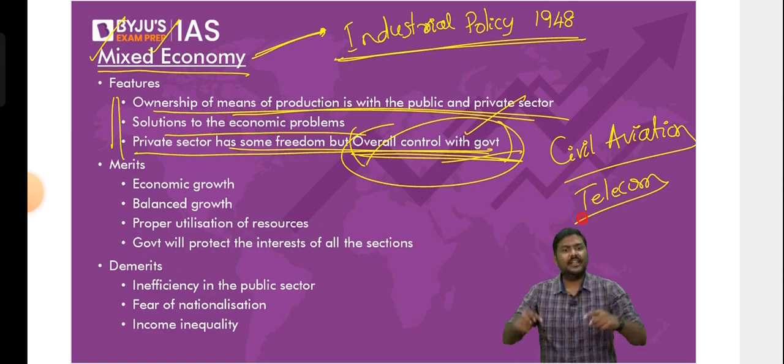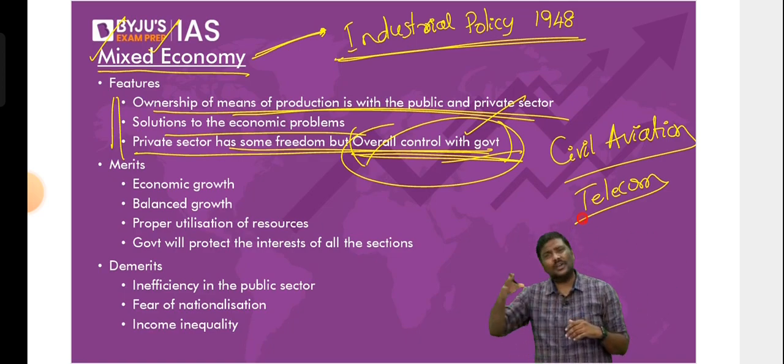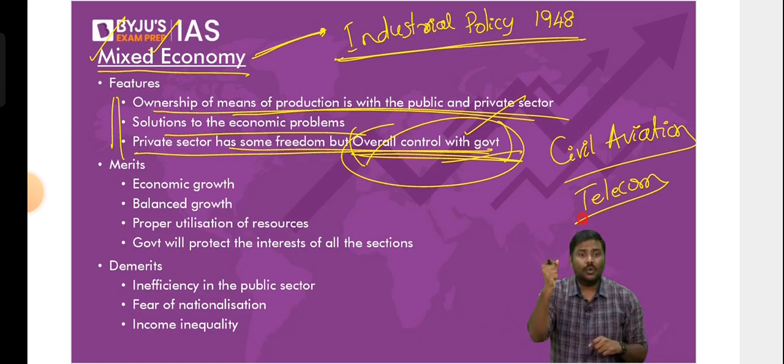Earlier, the government of India simply said, in the telecom sector, only I will provide the services. BSNL, right? BSNL was the only company we had earlier. Along with BSNL, the government later set up other companies, and so on and so forth. But anyway, the idea is very simple here. The government can decide because it has the overall control of the economy.